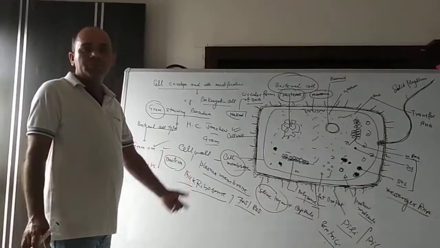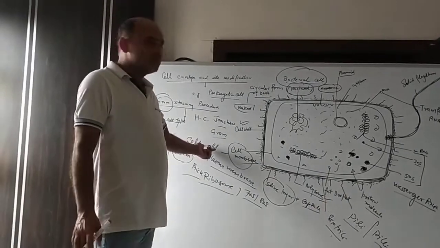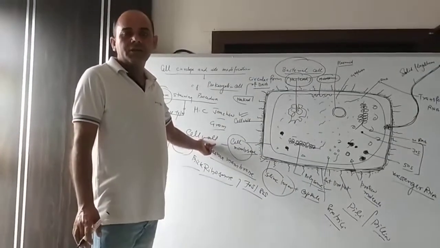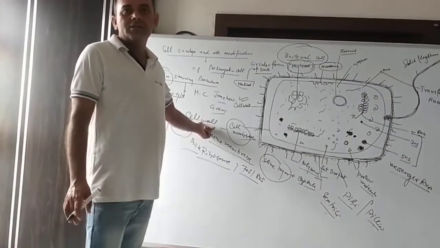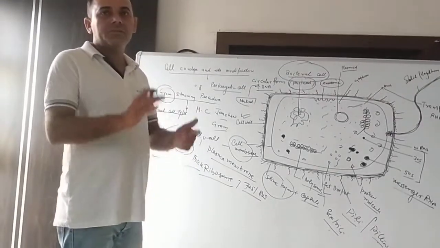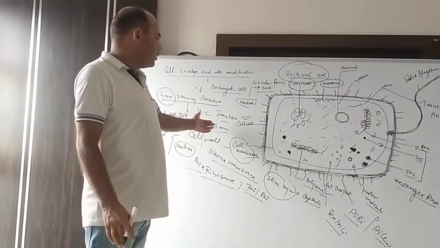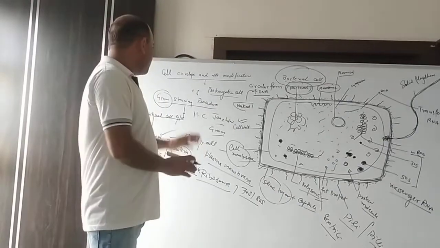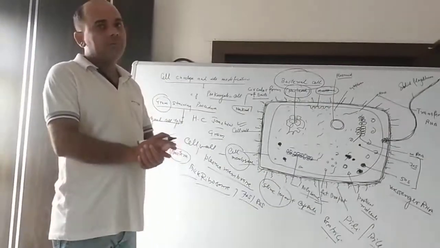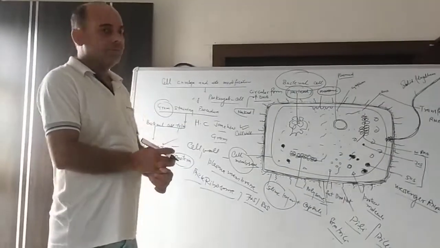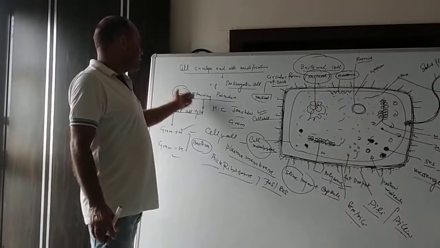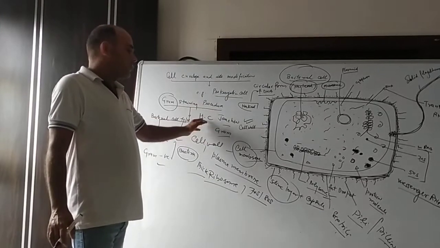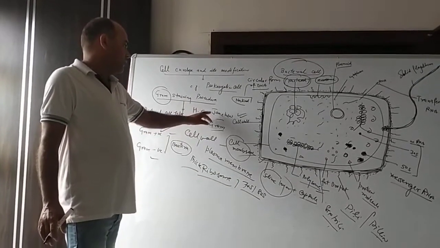This difference is on the basis of the presence of cell wall. In gram positive bacteria, the cell wall is thick, but in gram negative bacteria, the cell wall is thin. So this is the procedure by which H.C. Gram, the Danish bacteriologist, classified bacteria into two categories, gram positive as well as gram negative. This is the gram staining method which was given by H.C. Gram, here you can say Hans Christian Joachim Gram.